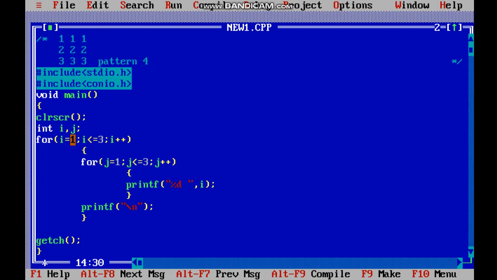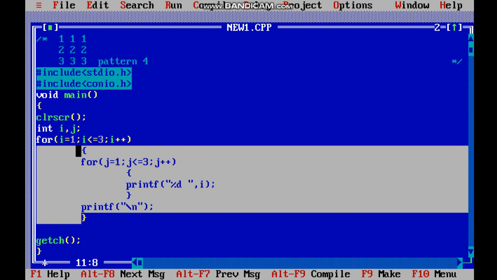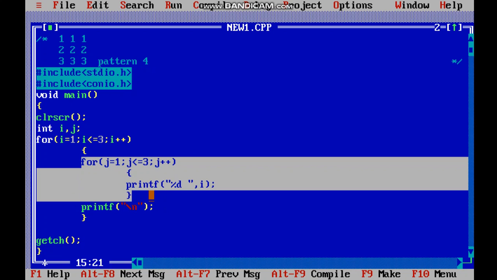See, when i value is 1, it will check the condition 1 is less than or equal to 3, correct? So it will enter the curly braces of this portion. Now again it encounters a for loop. As the value of i is 1, throughout the evaluation of this for loop i value will be 1, unless it comes out of this inner for loop.